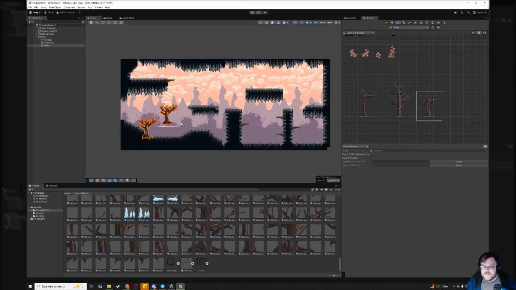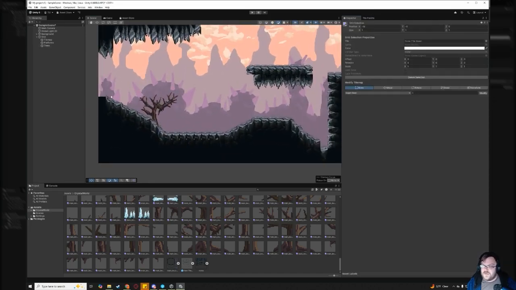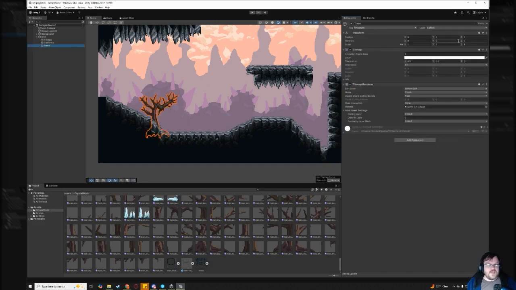So if I wanted to place this tree here, and click off of this, see how it's behind the ground. So that's how those layers work. If I set this from 7 to 4, now it's ahead. Now it's in front of it. And if I wanted to,